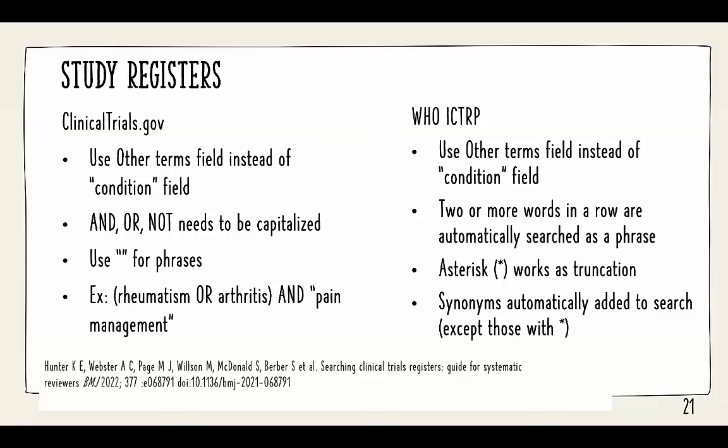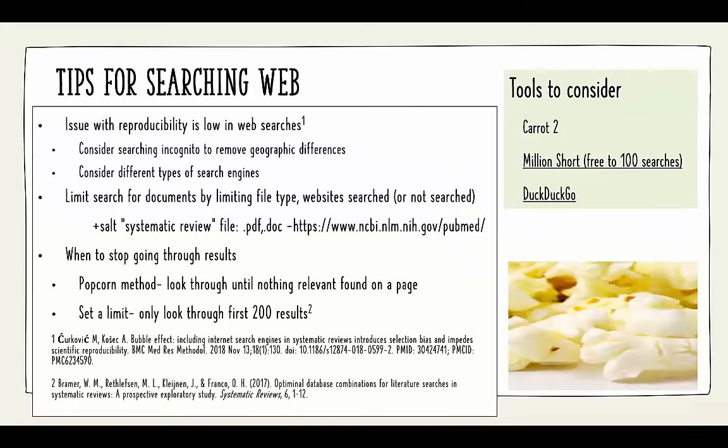So clinicaltrials.gov and the WHO registries, those are the two that are mentioned specifically by the Cochrane standards. Although a lot of what's already in clinicaltrials.gov is in the WHO ones, it is suggested that you search both. They do work a little bit differently, and so I put some of those differences here so that you could see those. And then I also gave you an article that you might point to for some more pointers when you're going to search that. Then for searching the web,